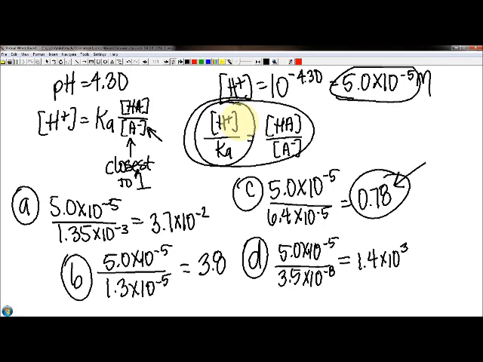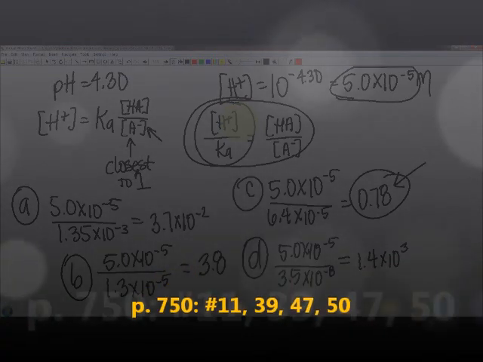That's it for level 69. Our problems this time are numbers 11, 39, 47, and